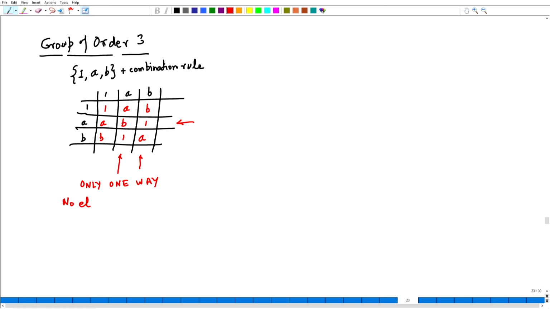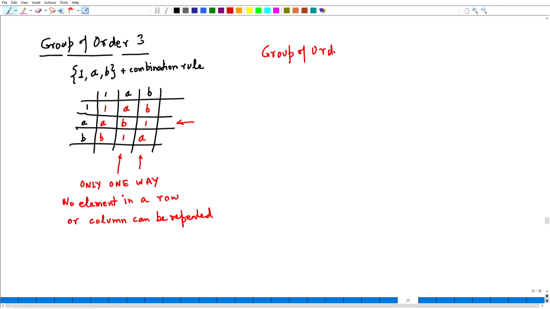no element in a row or column can be repeated. So, in this case this becomes unique. If I take a 2 element group, which is a group of order 2, the same thing, it will be unique. If I consider a group